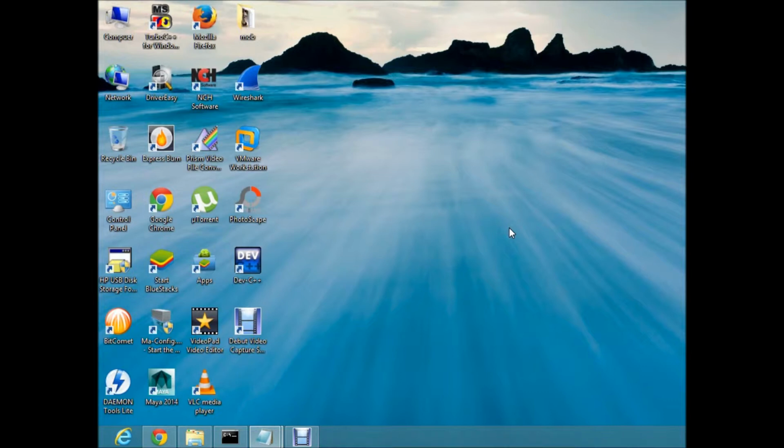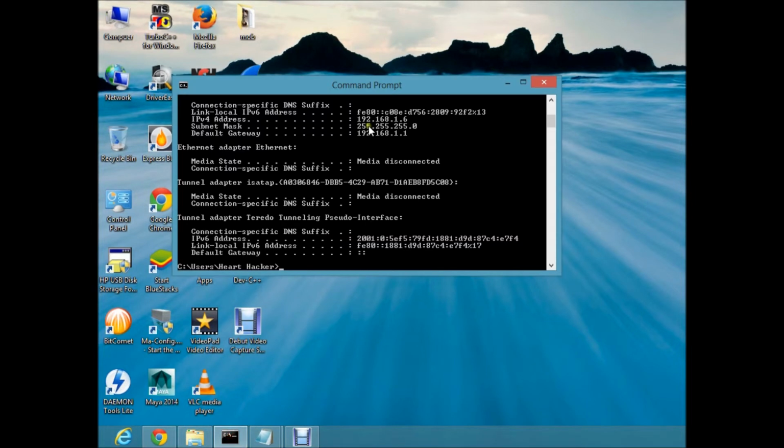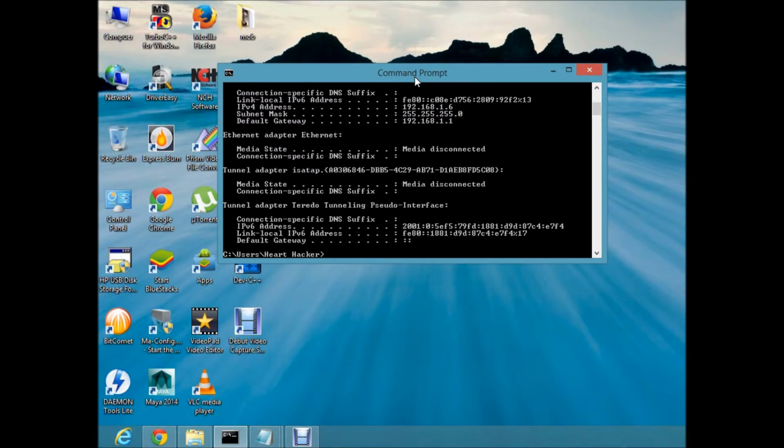Now I will tell you the ping command. Basically the ping command is used to check the connectivity between computers or any other systems. It can be a server as well as a normal computer. So for the ping command, as you know, there are two IPs. First is the private IP and the second is the public IP. Public IP is for outside network and private IP is for local network.